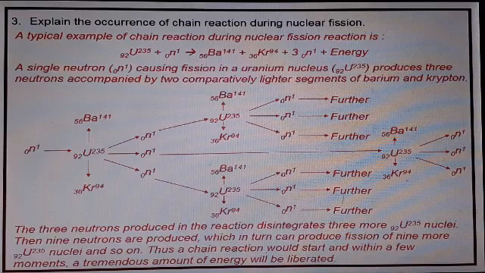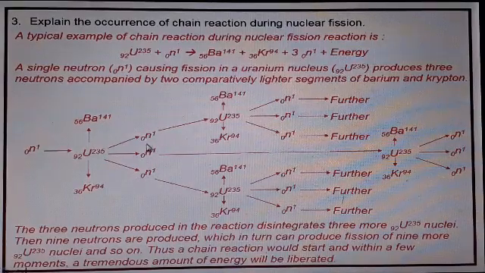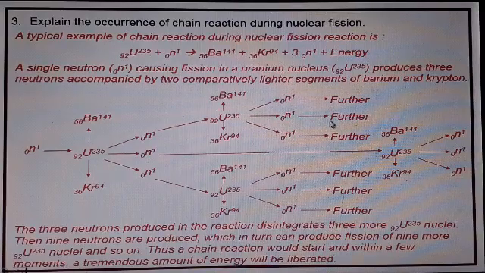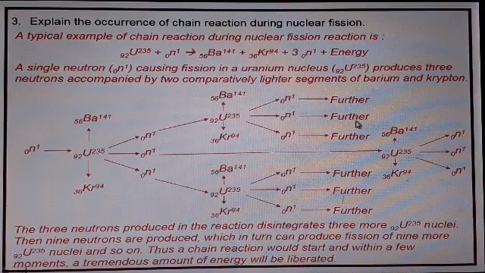So all of this reaction can be explained diagrammatically as, due to the influence of a neutron, the uranium atom is broken down into barium and krypton, along with 3 neutrons liberated. Now each neutron again causes a disintegration of a single uranium atom at its own point, followed by again liberation of 3 neutrons. So this system goes on. I've tried to write the whole process in this way, that a single neutron causing fission